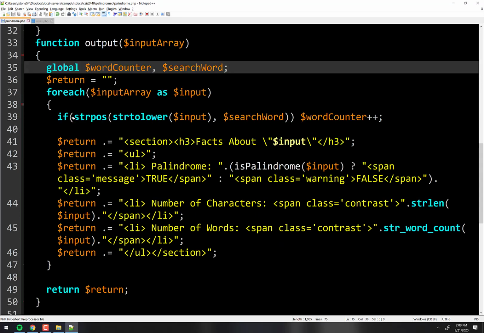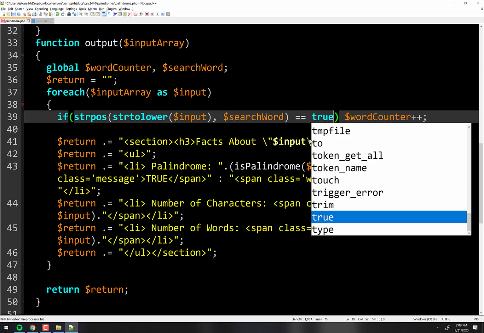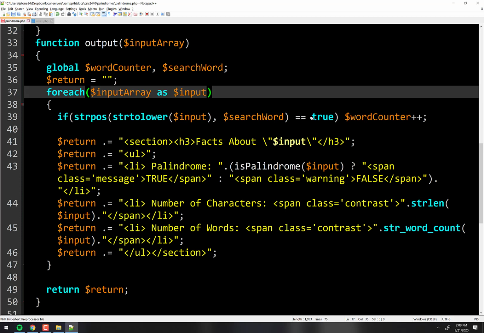Right here, strpos returns where in the array the word you're searching for is. Chicken is at the 0th element in the array. So rather than saying if this is true, which is essentially all I'm saying there, and that's all I'm really saying, but 0 is not true. 0 is false. So how could I get around that? Okay, so you could do greater than or equal to 0. You could do that. Or you could do,